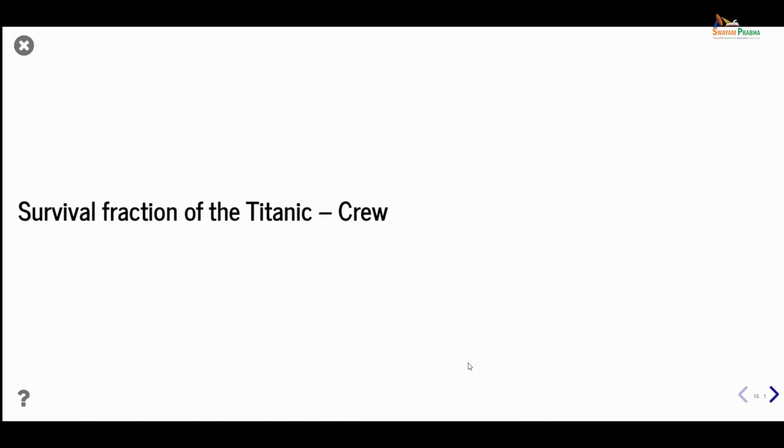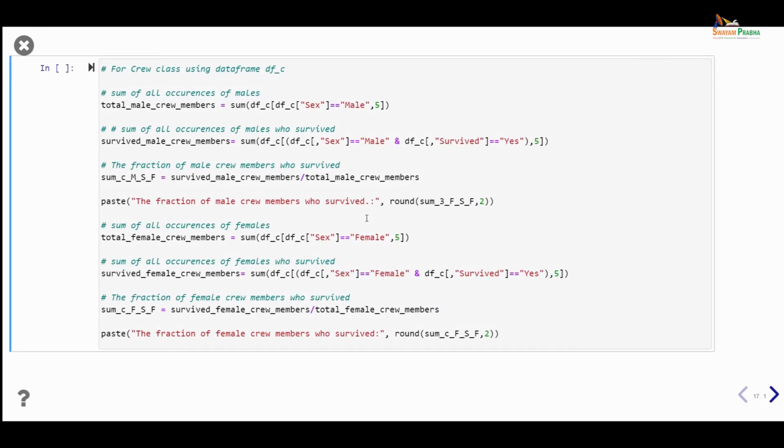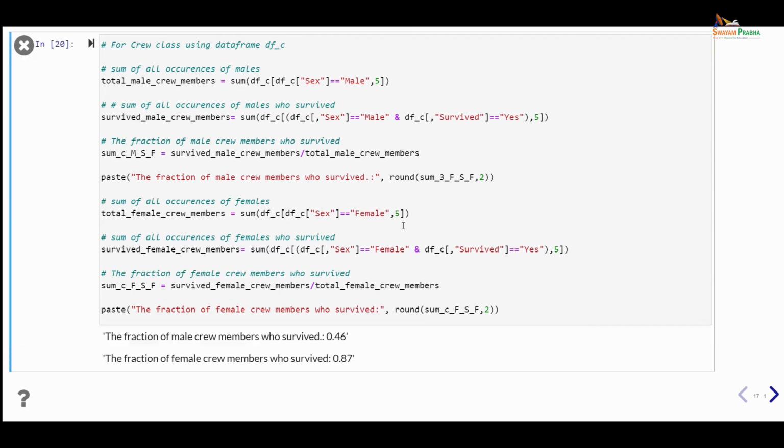So the next thing is the survival fraction of the Titanic crew. We have another data frame where we have the details of the crew members. So we're going to look at the same fraction details. Instead of using df3, I've used df_c in order to get the fraction rate for female and male. Once you execute this, you'll be able to see that the fraction of male crew members who survived is 0.46 and the fraction of female crew members who survived is